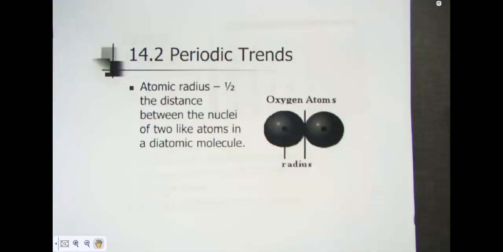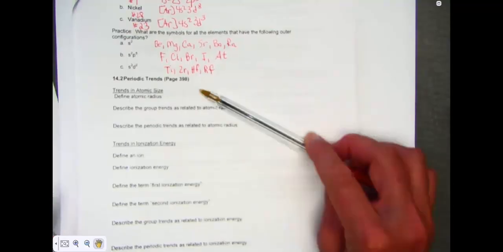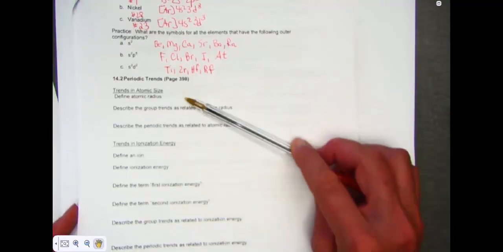We're going to talk about other trends, the first being atomic radius. We'll talk about ionization energy, electron affinity, and electronegativity, and we'll be doing so one at a time. So where we left off in the previous lesson was our notepack page 13. We're picking up where it says periodic trends, and let's talk about the trends in terms of the size of